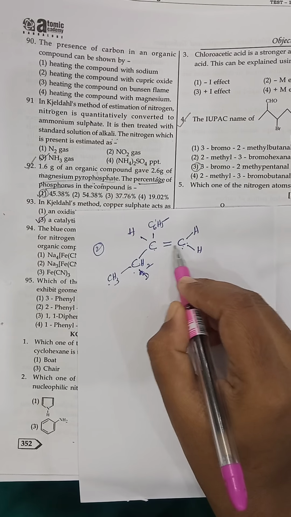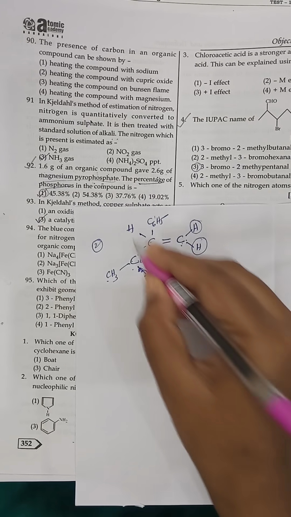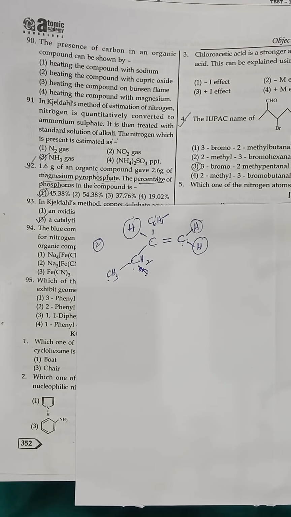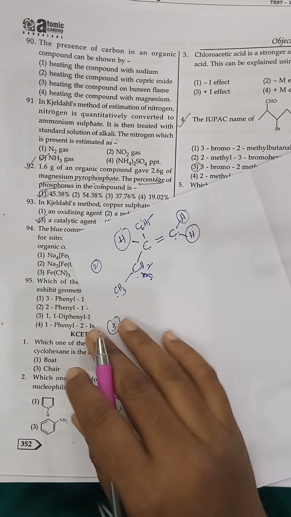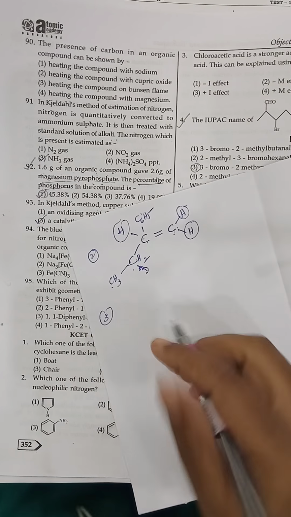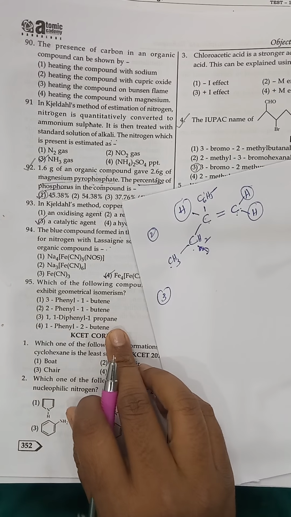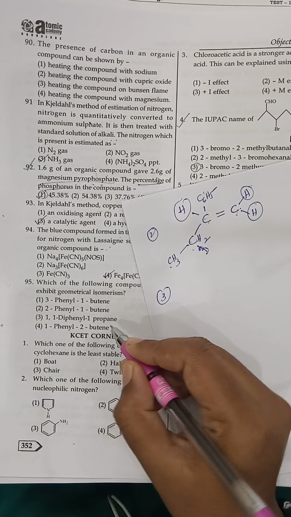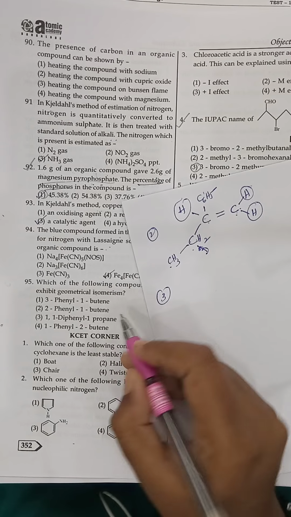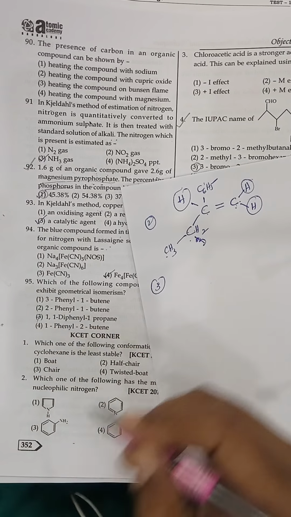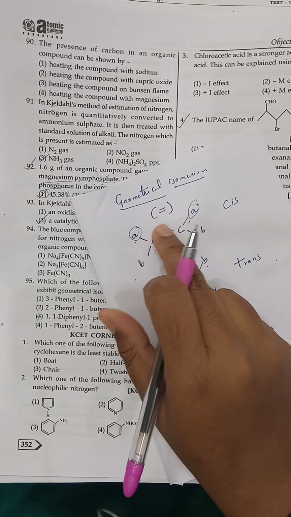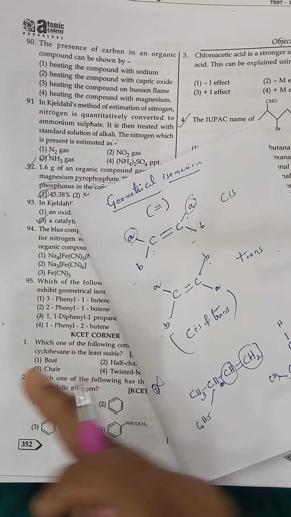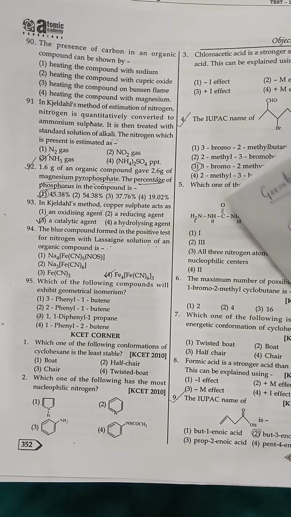Even here, on a double bonded carbon atom the same kinds of groups are located, so it cannot show this geometrical isomerism. Now move on to the third one, that is 1,1 diphenyl 1 propane. It is propane. Propane means there is no pi bond, a double bond is not present, it is only single bonds, so it will not show geometrical isomerism. What is the compulsory condition to show geometrical isomerism? It should contain at least one double bond. Here there is no such double bond, so it will not show geometrical isomerism.